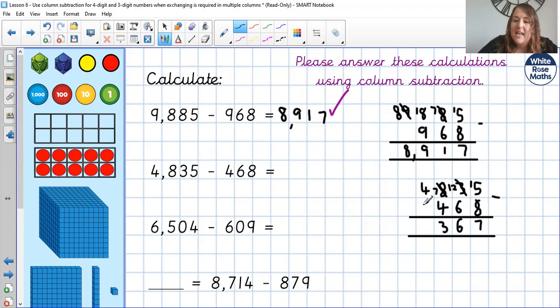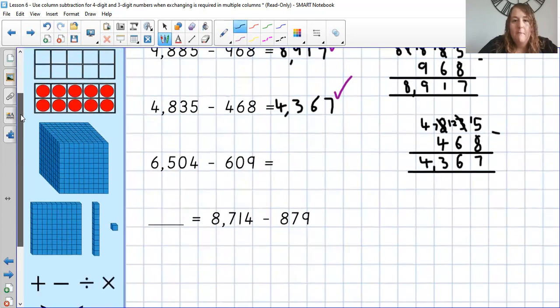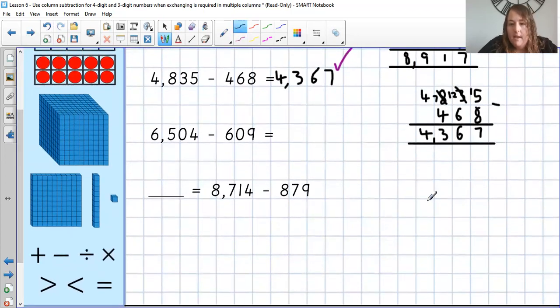And my 4 take away nothing else is 4 in my thousands. So the answer is 4,367. And a huge well done if you got that one right. Please give yourself a tick. Okay, just scrolling down a bit, give myself a bit more room. Next one,